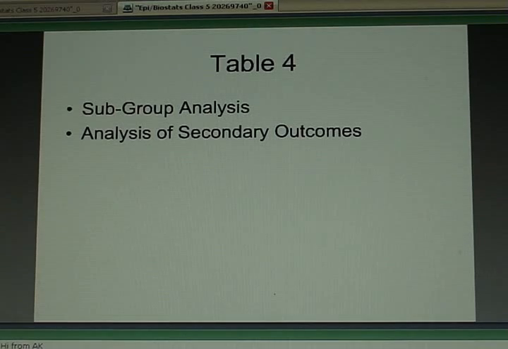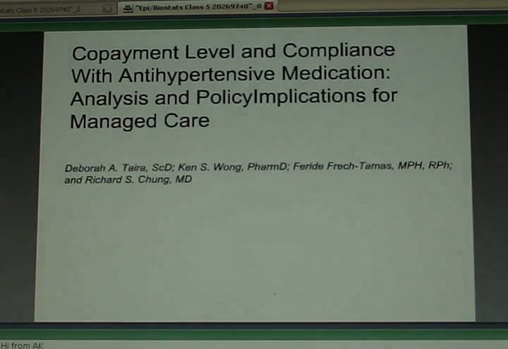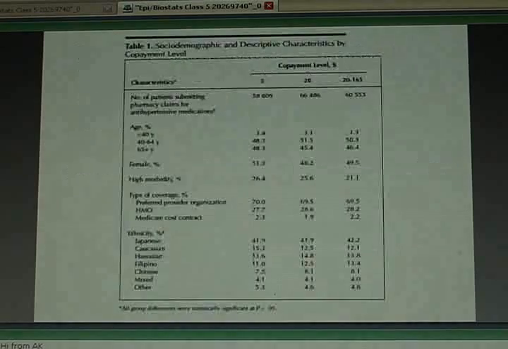So let me give you a few examples, and we've seen these examples before. If you remember, we looked at one paper looking at the type of insurance coverage you had in terms of how much copayment you had to pay, and whether the amount of copayment was related to the compliance of taking a prescribed medication. And Table 1 in that document showed 3 different groups of people, broken down by how much copayment they had to pay for certain drugs. One had a